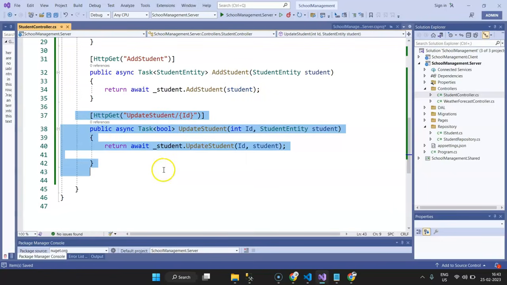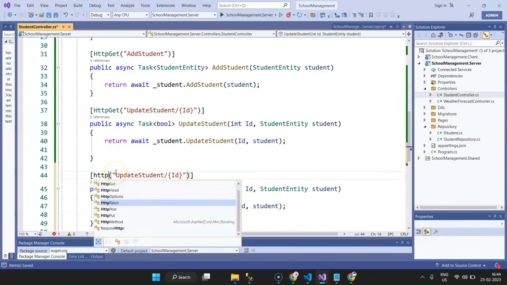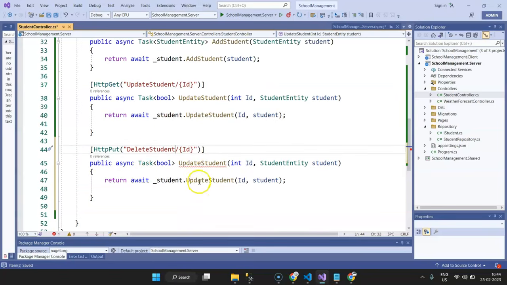So let's copy this, and this time it's not HttpGet, but it is HttpDelete for delete, and this will be DeleteStudent, and this method will be DeleteStudent,